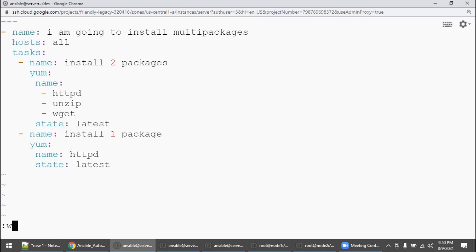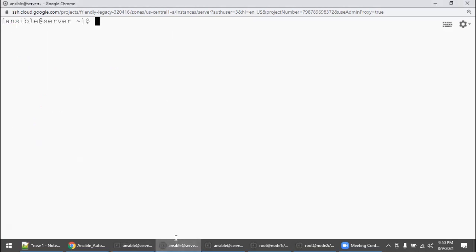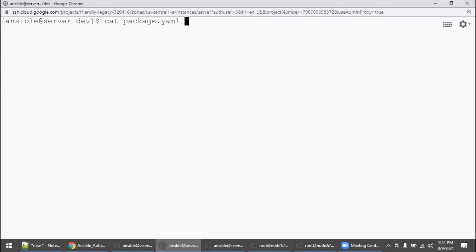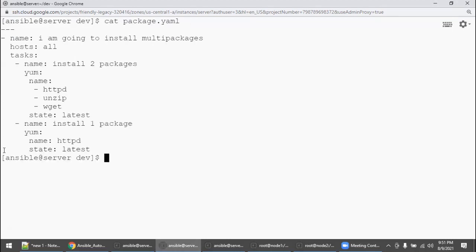Don't write quit. People will use one single PuTTY window and they waste a lot of time. So what I'm going to do is I'm not going to come out. I say write, so whatever I type, I save, right? I am going to cd dev here. Let's first check the file is there. Yes, package is there. Can we check inside that file whatever we typed is there or not? Yes, it is there. So what are we going to install? HTTPD, right?